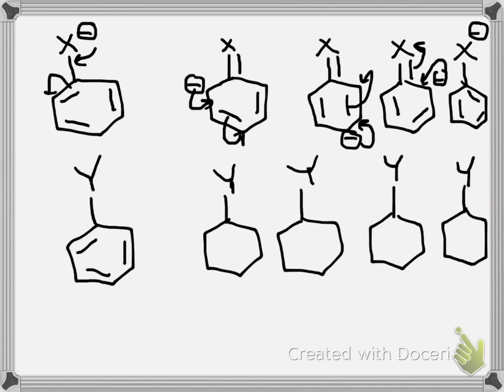For a cation, what you're going to notice is that the resonance structures all look exactly the same as those for an anion, except I only move one arrow at a time. So pi electrons form a new pi bond. New pi bond, old pi bond, and now the plus charge is on the carbon that the pi electrons left from. Move the pi electrons, new pi bond,